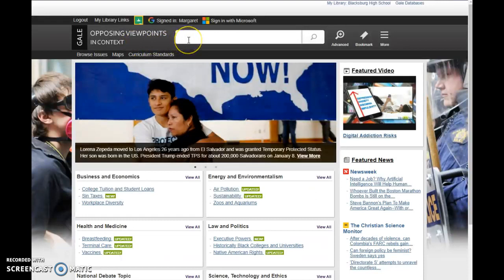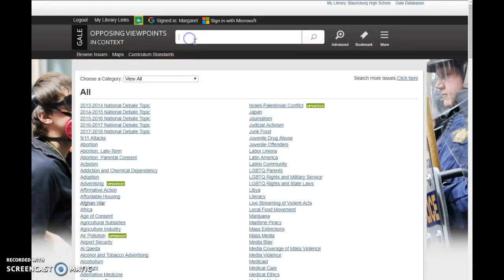The third way you can search for information. So the first way is just to look at what they're featuring. The second way is to browse the issues. And the third way, of course, is to just search for it up in the search bar. So I believe your third question on the organizer is for you to search for junk food, go to that topic page, find an interesting statistic,